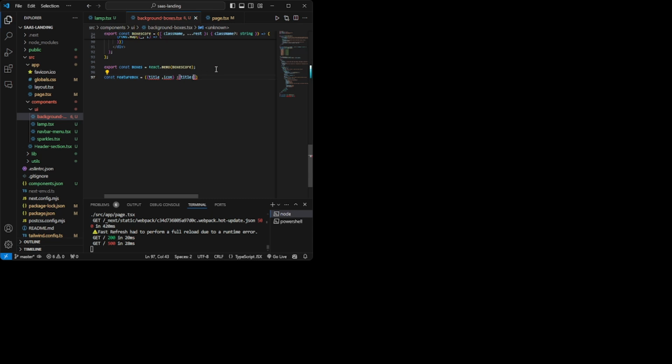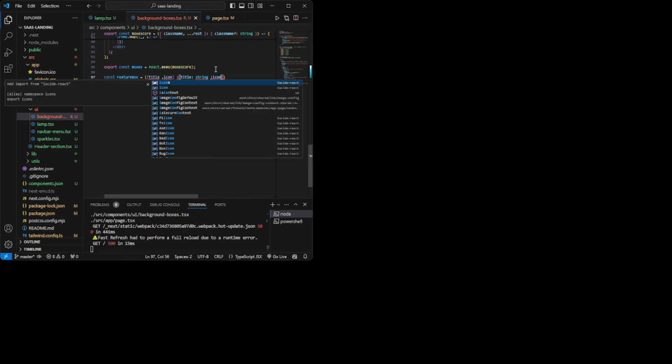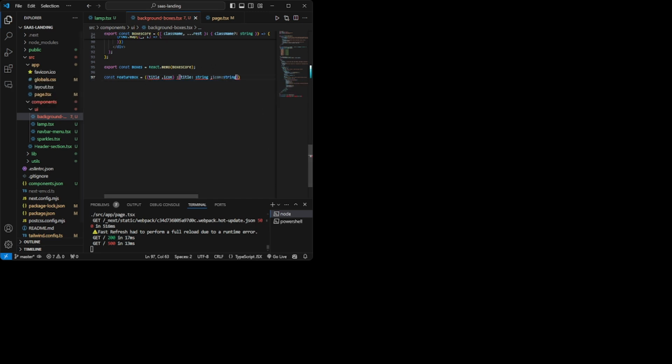TSX is all about the types, so I'm going to write string here. If you don't give the types, it will show an error. Then again, icon, I'm going to give string also.